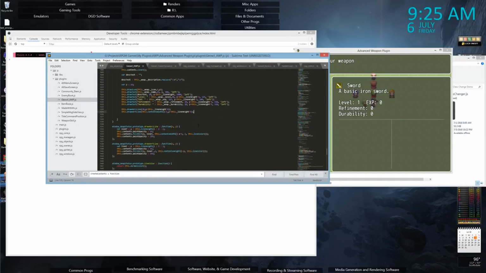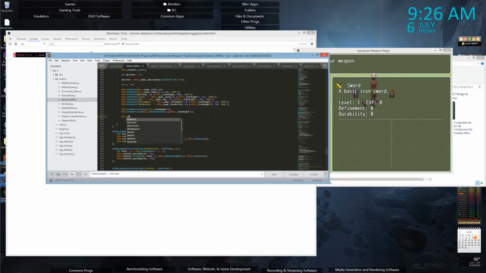So, we'll use abbreviated names for the parameters. Okay, so we need to create a heading, I think, for these. That would probably be best, so we'll do like one for... So, we want half of half, basically, for this next one. It's for the X. So this dot draw text